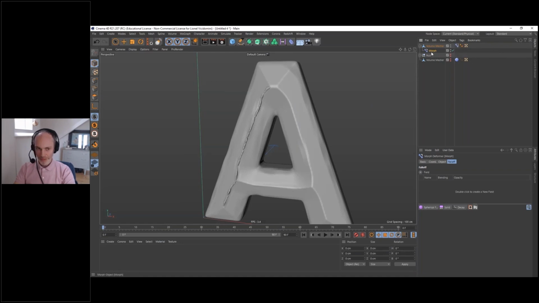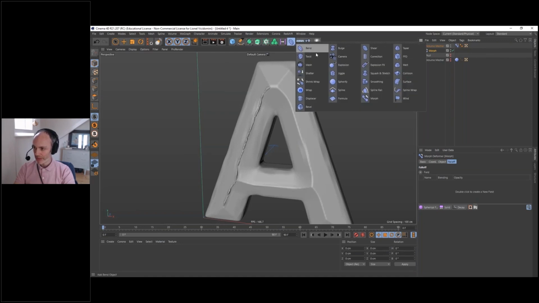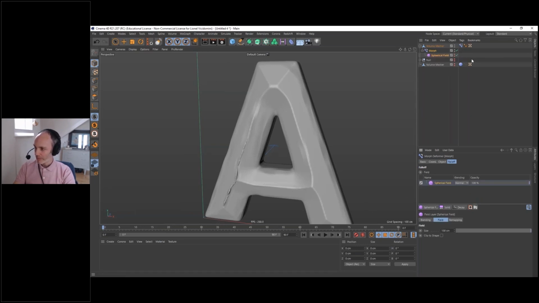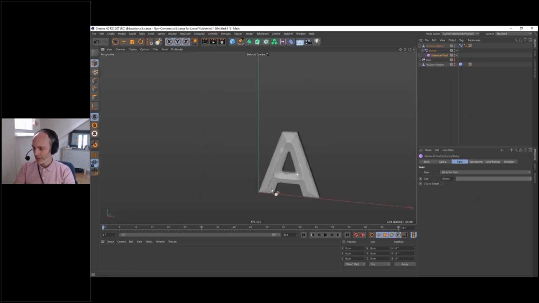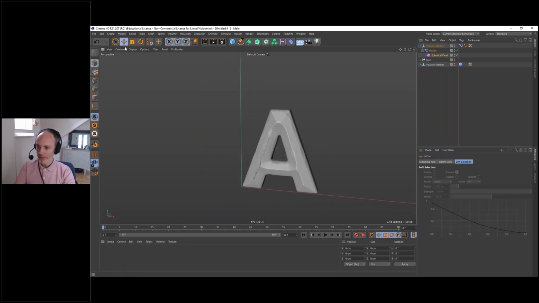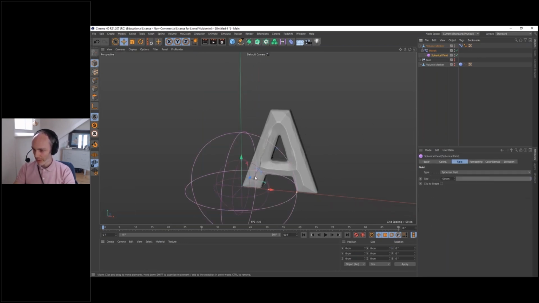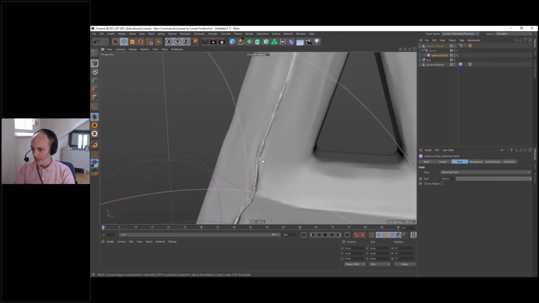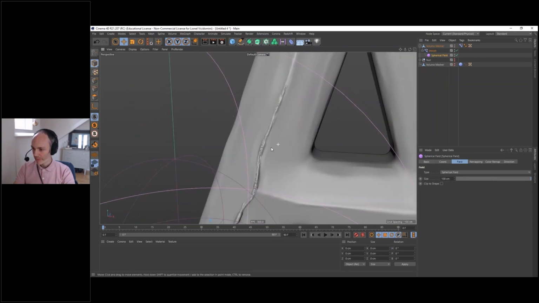And the morph modifier, as every modifier inside Cinema 4D, can use the field, the very same field we used to create the beveling here. So now if I'm going to add a spherical field, what happens? My spherical field is somewhere. I'm going to show it. Yes, it's here. And you can see a blending of my welding.